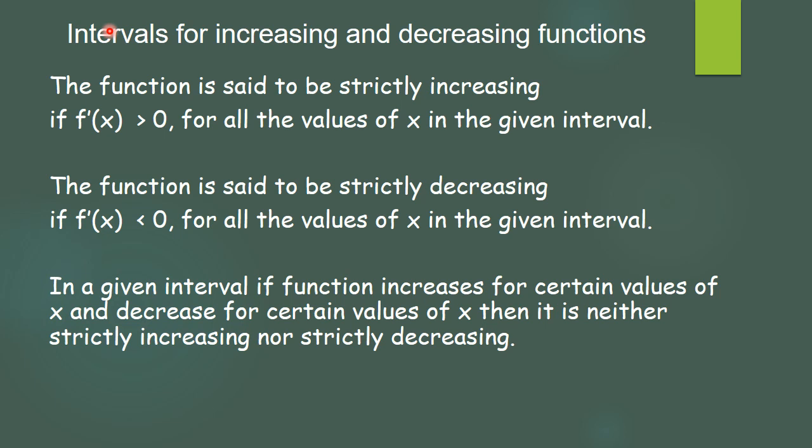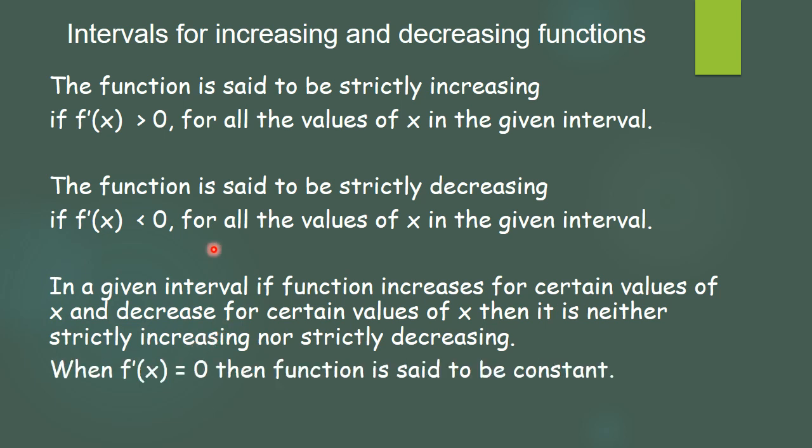strictly decreasing functions. We have taken y is equal to x square. When x is any real number, then we have to say it is neither increasing nor strictly decreasing. But if the interval is given from 0 to infinity, then it will be strictly increasing. And if it is given as negative values, that is x is less than 0, then it will be strictly decreasing. Now if f dash of x becomes 0, then the function is called a constant function. The function is constant, so there is no change observed. It is neither increasing nor decreasing.